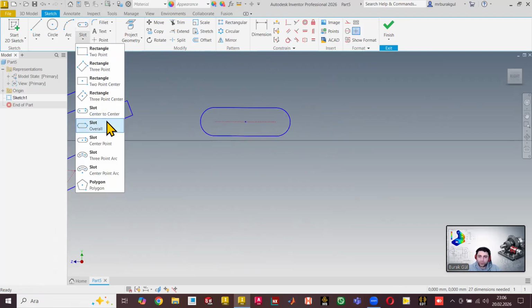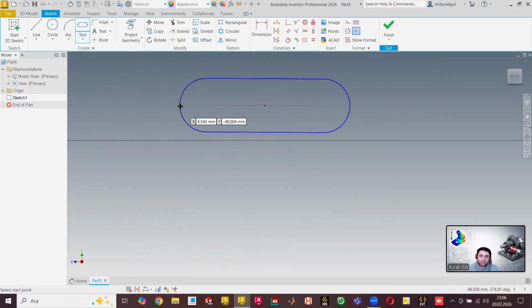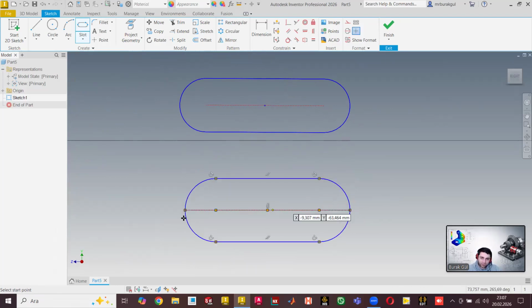But second option of the slot will give just the end points. That means when I give 2 clicks, I will create the slot with the endpoints. So if I have a defined endpoints,